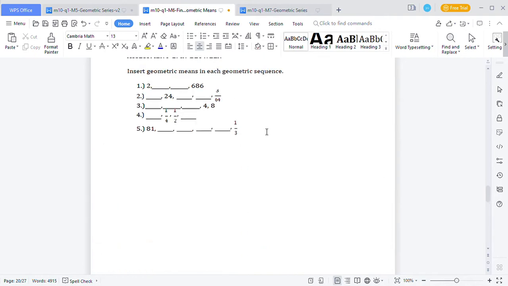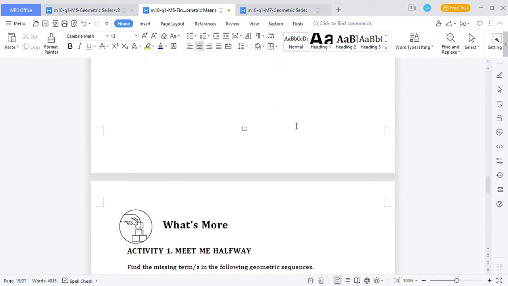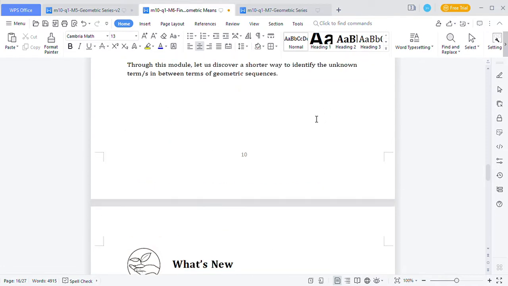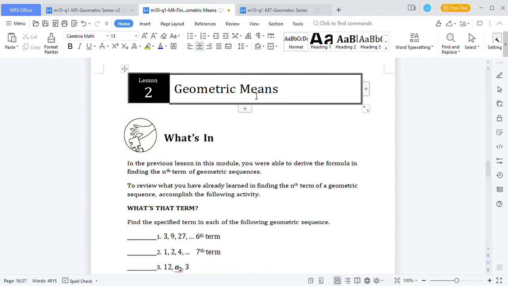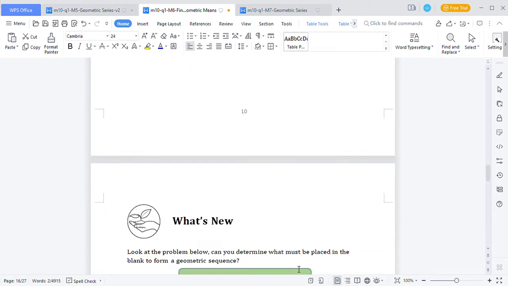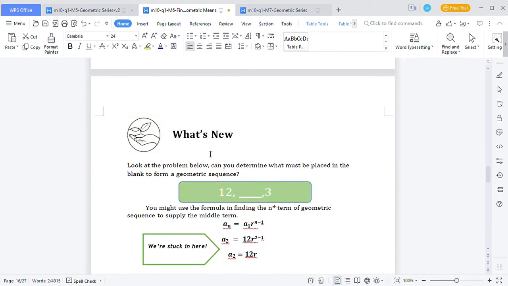Okay, now let's proceed to the geometric means. Let's meet the geometric means. So, look at the problem below. Can you determine what must be placed in the blank to form a geometric sequence? If your first term is 12, the blank is your second term, and your third term is 3. If you want to find the second term, all you have to do is